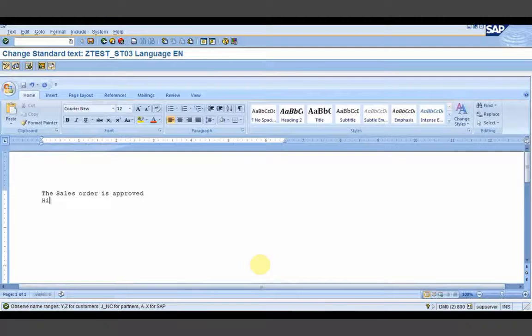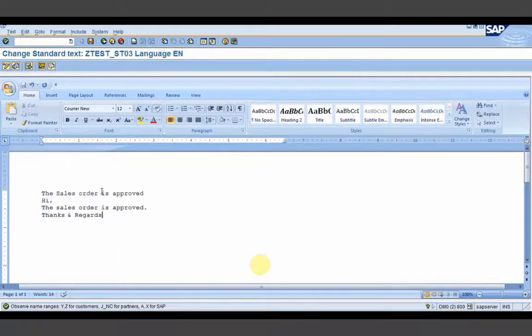Now I'm writing the body line. So first I have written the subject line and then the body line.